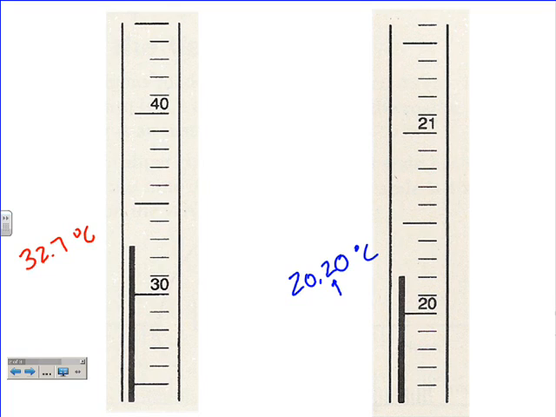So we know out to the tenths place for sure. Estimate that last digit. I think it's right on the line. You might argue and say it's 20.21, whatever. We're both right. So there we go. All right. Last practice,